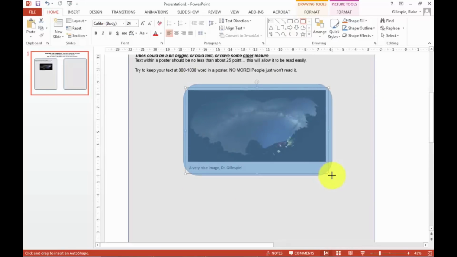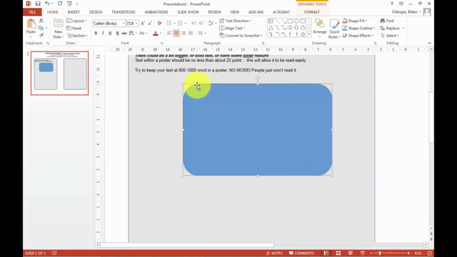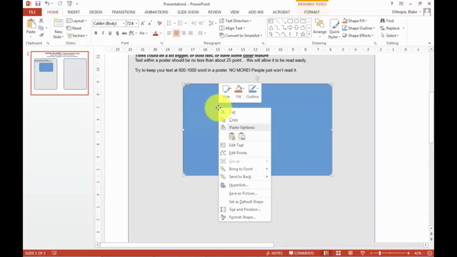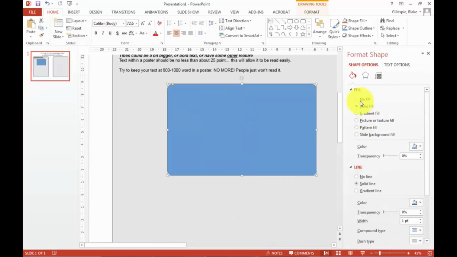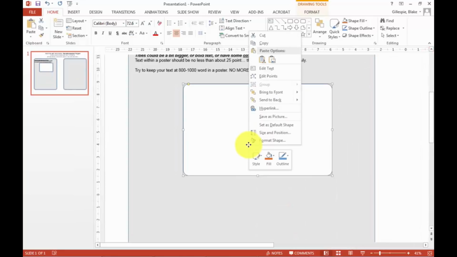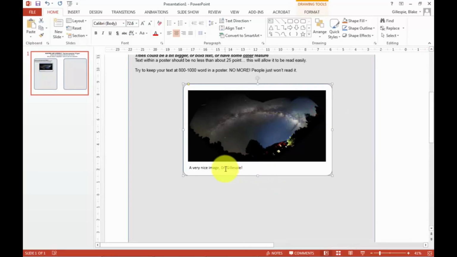We can also choose a shape and drop a shape behind an image or a chart or a table. This can make it stand out a little bit more clearly. We have to choose our formatting again. Those are your calls. So we right click, format shape, and then we right click and send backward. Now if you send to the back, once you have a set of stacked shapes, it can be a bit of a mess. So you want to work on